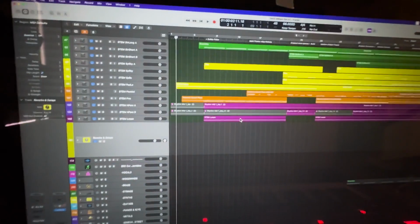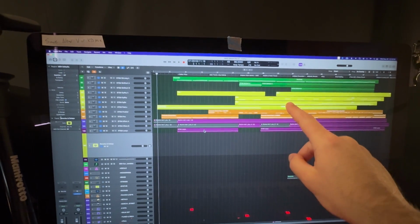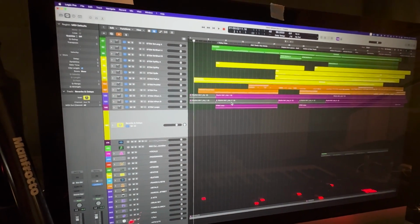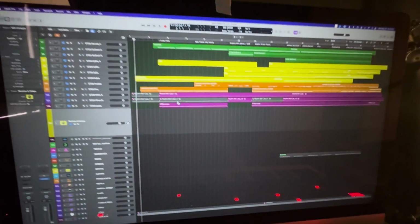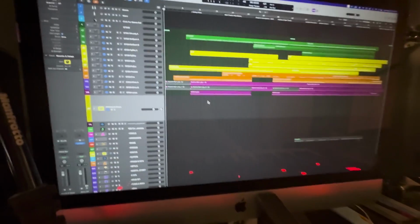All right, so up top, green is strings, yellow is synthesizers, orange is piano, purple is drums and percussion. Well, I take that back. Purple is effects, but I just happen to be using a lot of looped bass things, so they are the drums and percussion. And then the nice thing is, when I'm done with this, by organizing things in these buses,